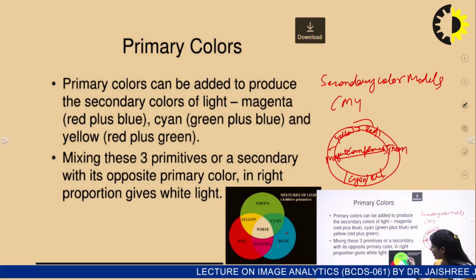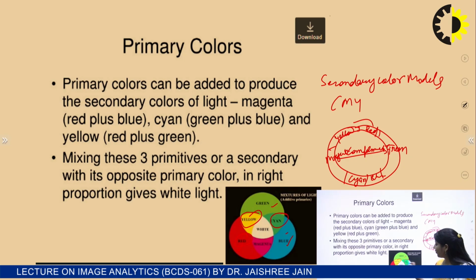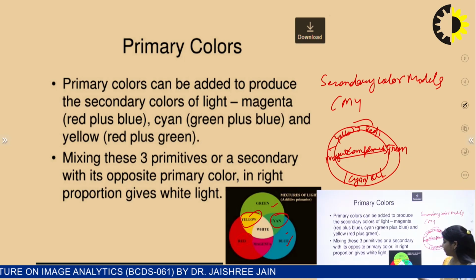We can also see here we have three circles: RGB, red, green and blue, and the combination of red and green is yellow, and the complement of red color is cyan color. And the combination of green and blue is cyan, and at the combination of all three colors, because these are all primary, finally we will get the white light beam. Actually when we merge all these colors we get white light.